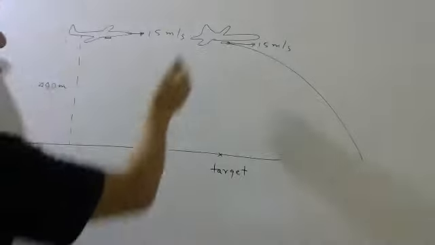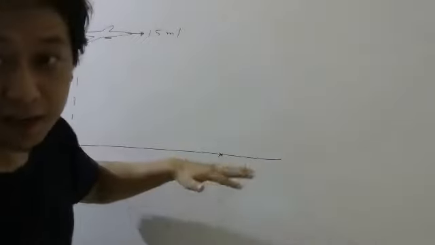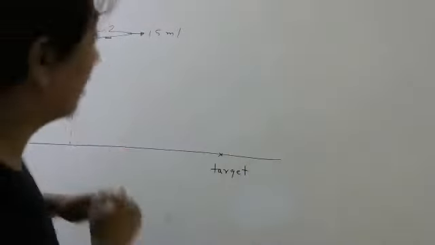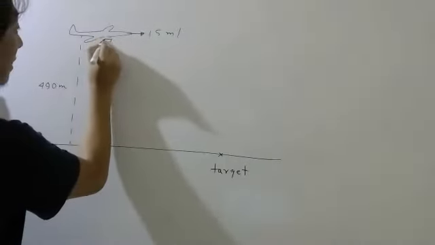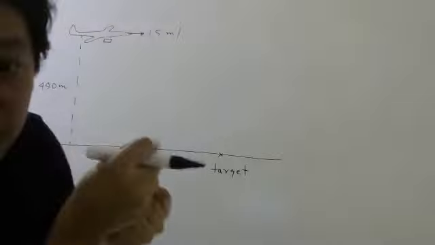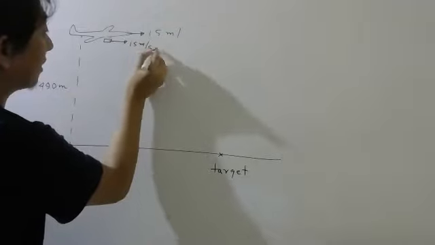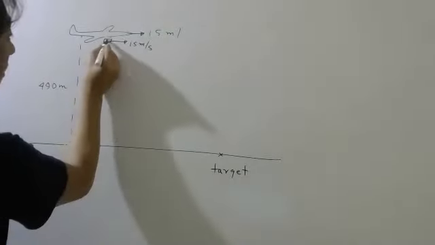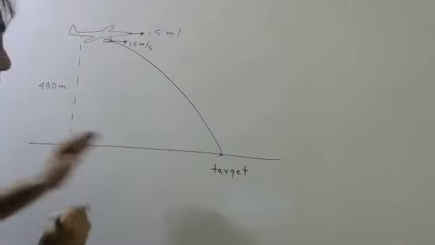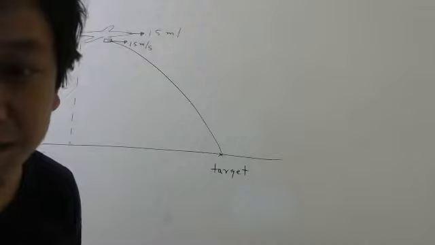Understood or not? So once the pilot finds the target, and he will have some computer programs mentioned there, once he locates the coordinates, he will release. Once it is released, at that moment, please concentrate in the class right now, it will have the same velocity, 15 meters per second. Understood or not? So with that velocity, it should hit the target. Understood, students? So now, if I ask you, after what time it will hit the target, same way you will do or not? Tell me.